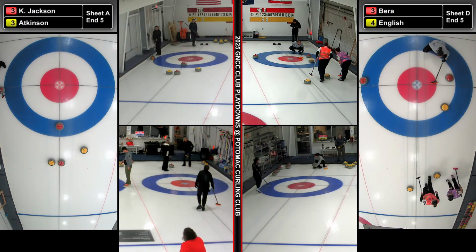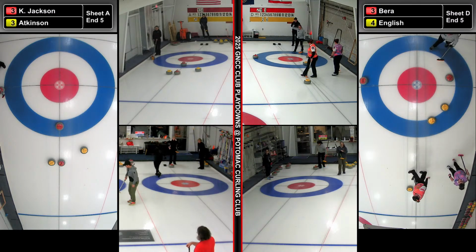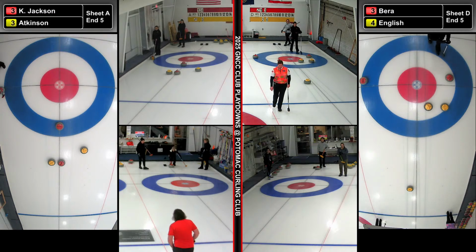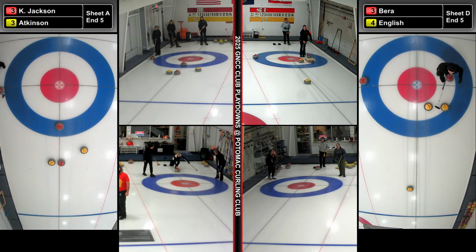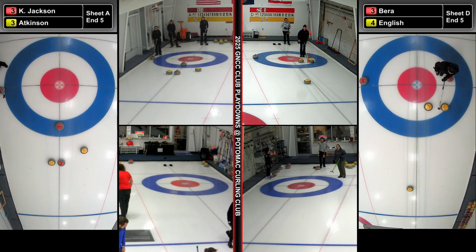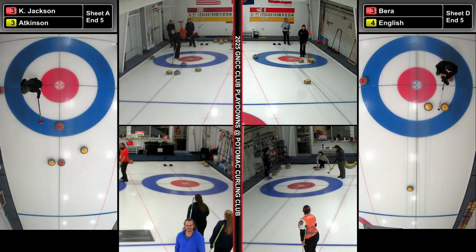So Bencho's asking for hack weight hit here from Connor. Got Ben on it right away. But this one is really curling. My goodness, look at that dive. Oh, not quite. The nice thing about playing that hack weight was, and it was probably a little bit more